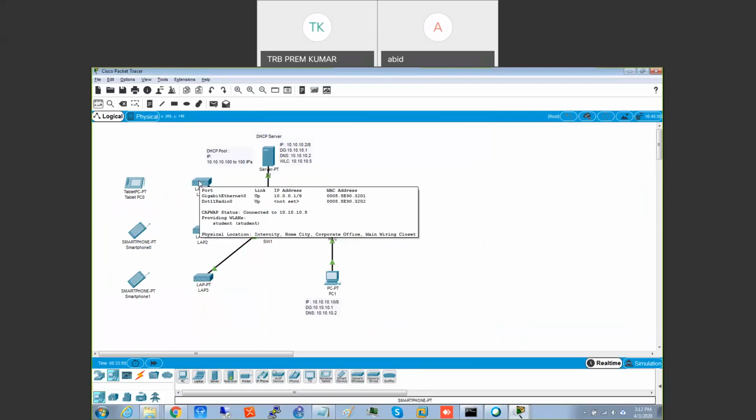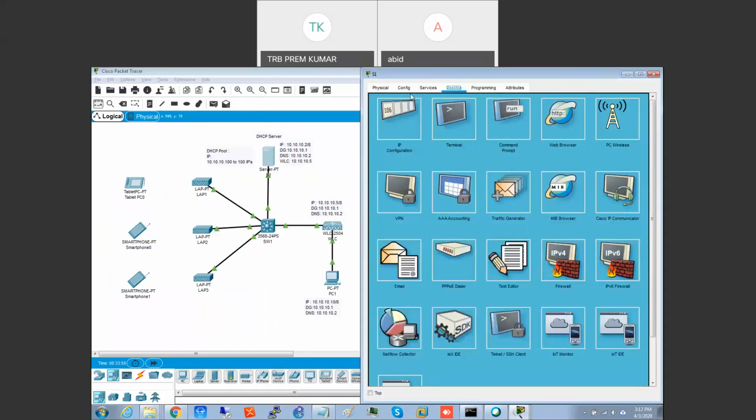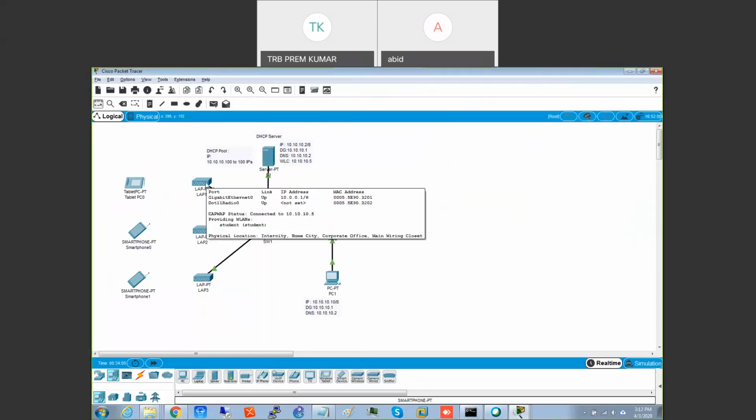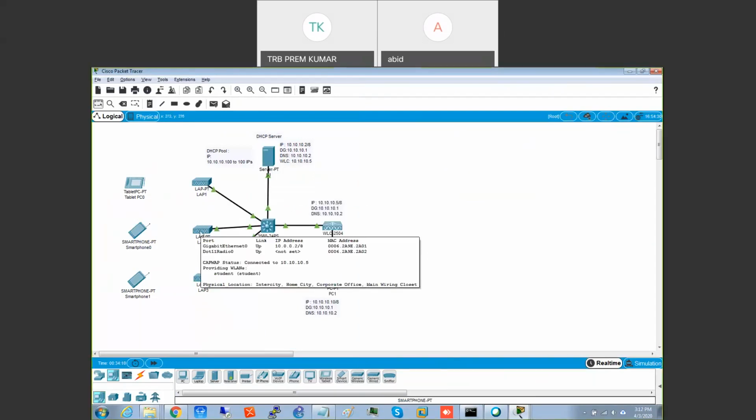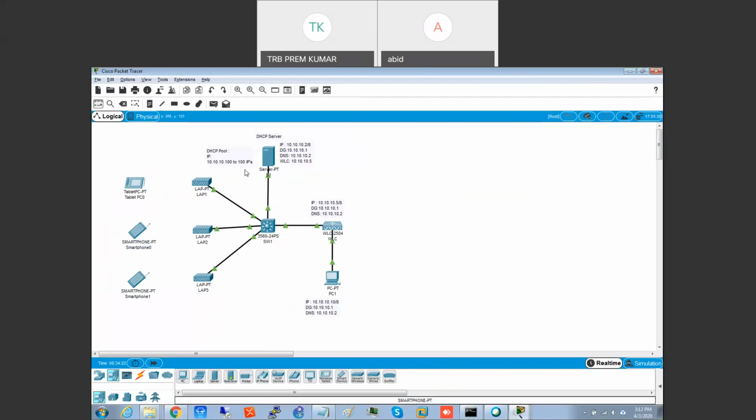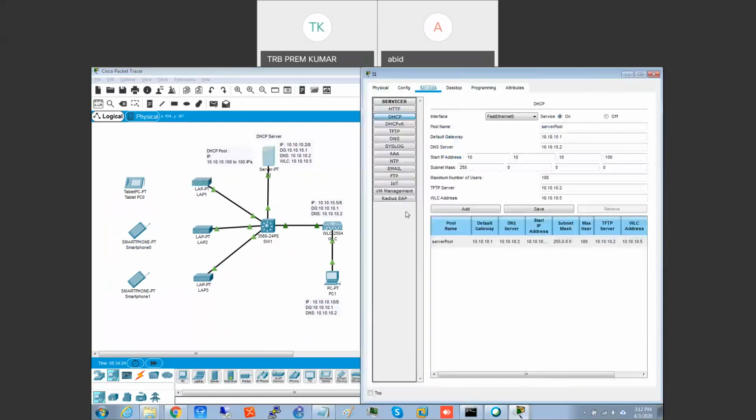10.0.0.1. Oh, wrong IP. 10.0.0.1 is coming. It has to be 100, no? Correct. So what mistake did we make? Wait. It was showing 10.0.0.1 as a gateway inside. Can you do IP config inside once, just to cross check? This has to be 100. 10.0.0.2 is coming. Oh my god. It will work, but it is not the right one. I'm not saying it will not work, but there is a DHCP issue that we need to find out.